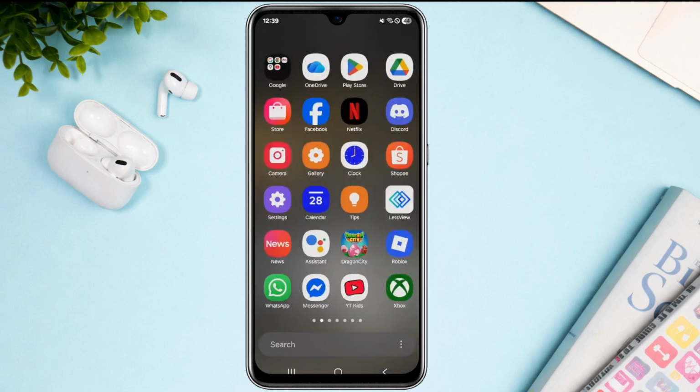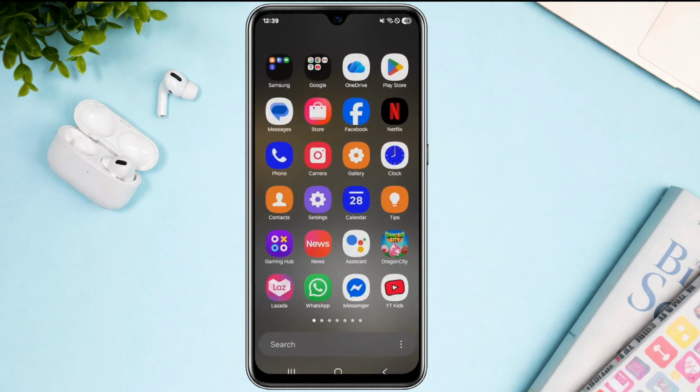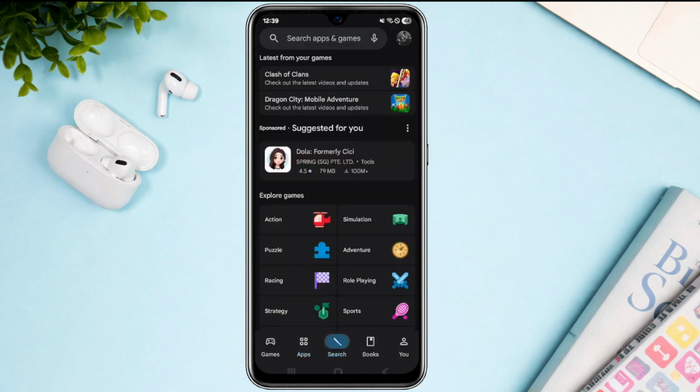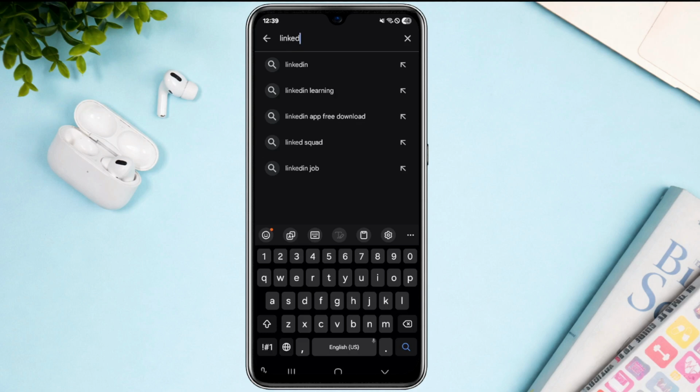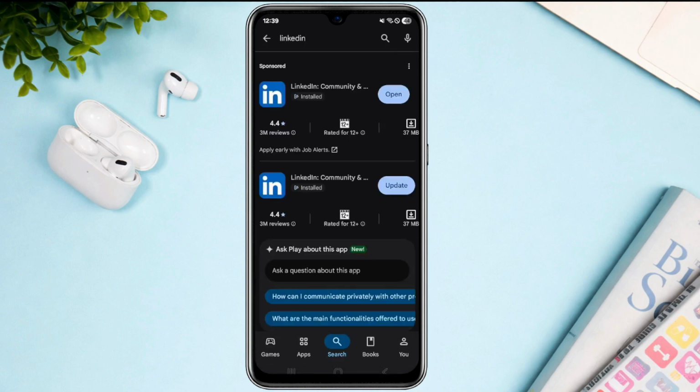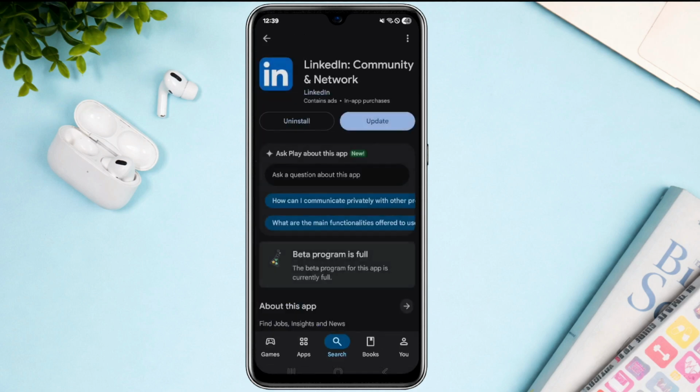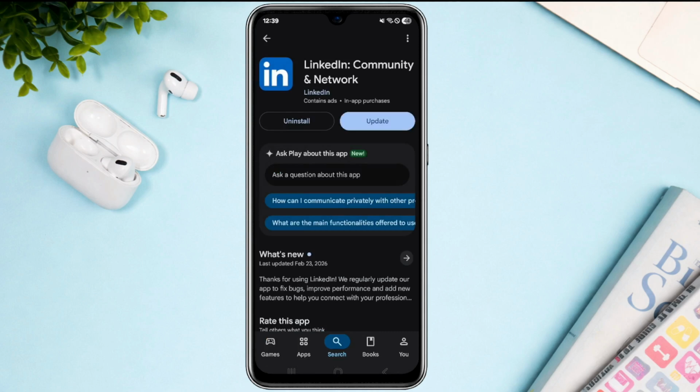Now the very main thing that you have to do is to access Play Store or any app store that you use to download the LinkedIn application. This is just to ensure that you're currently using the latest version of the application, just like this one. You just have to choose update first so that you will have the persona verification feature or option on